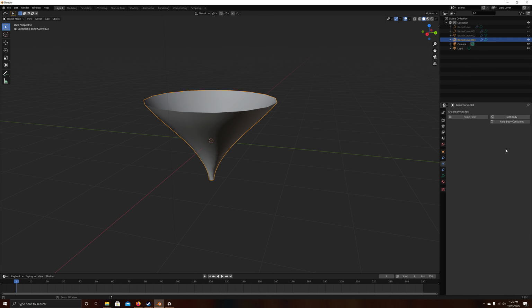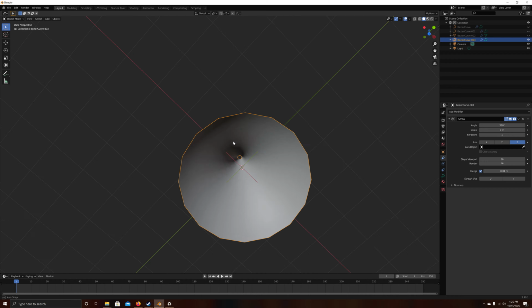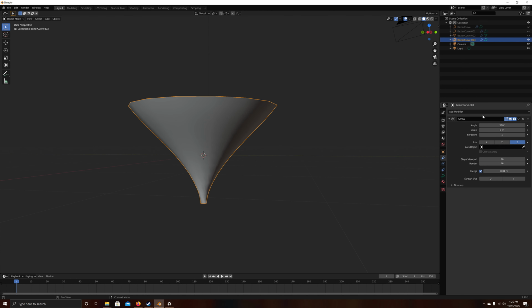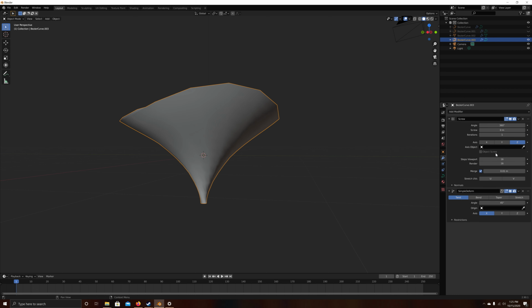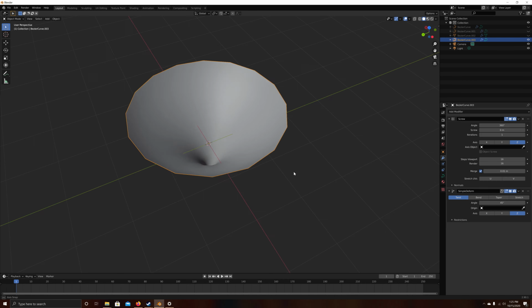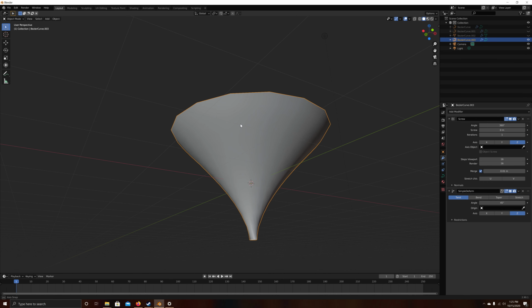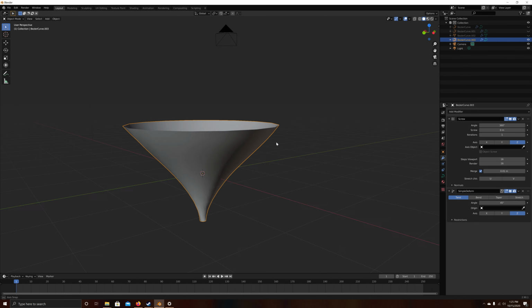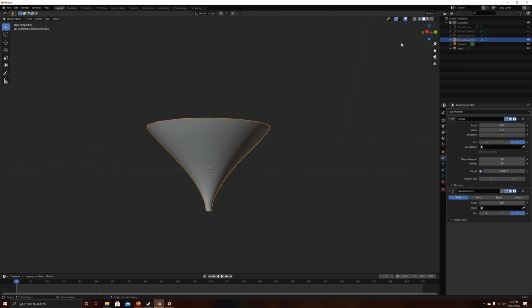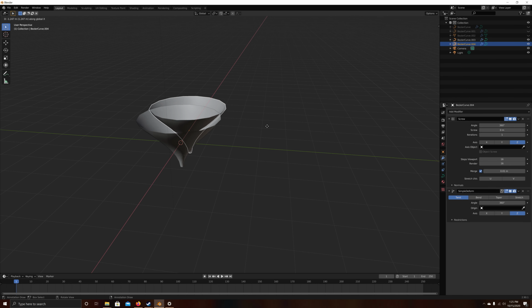Over here, in our screw modifier settings, let's turn on merge so that it blends the edge seam together. And now we are going to add in a simple deform. We're going to go to twist. We're going to set it to the z-axis. This is why we changed the rotation in the edit mode earlier so that we wouldn't have to worry about applying rotation and stuff. I'm going to change that angle to 360,